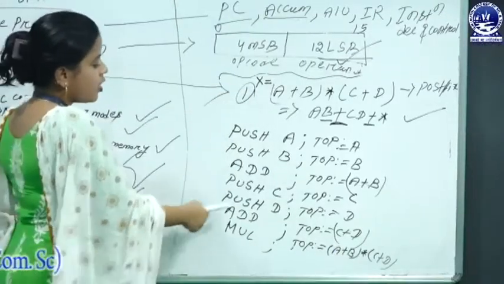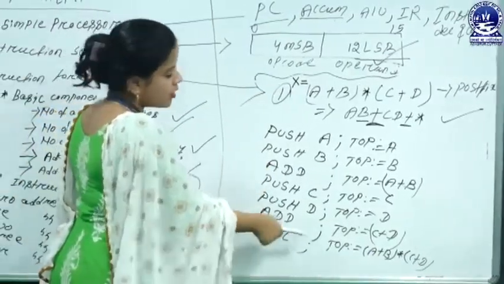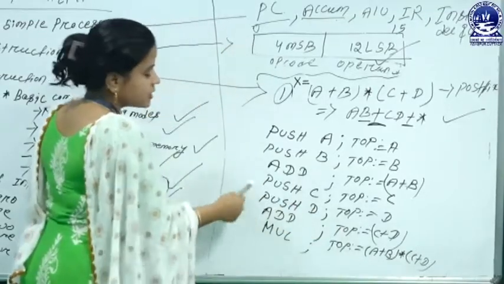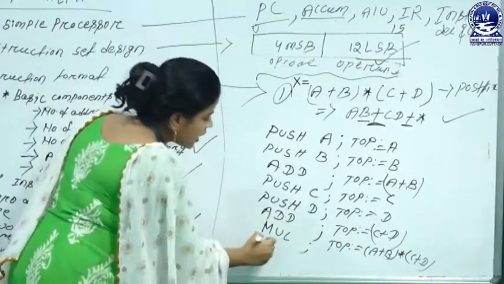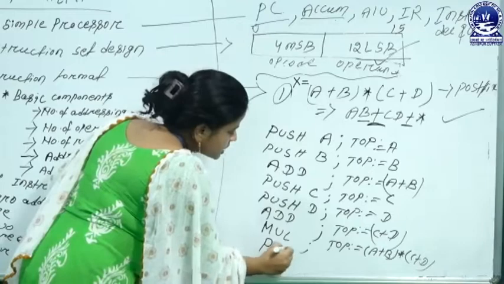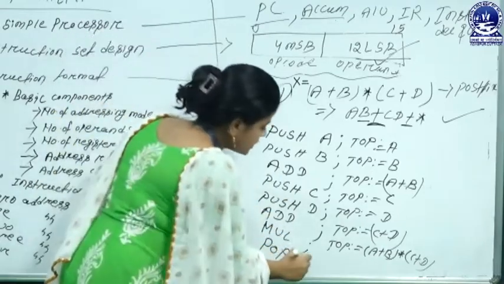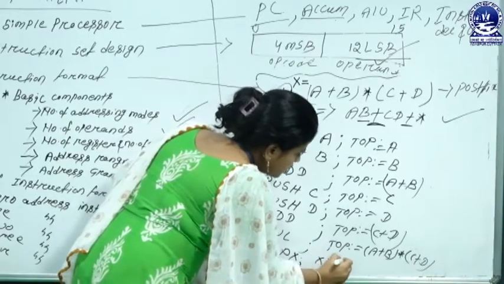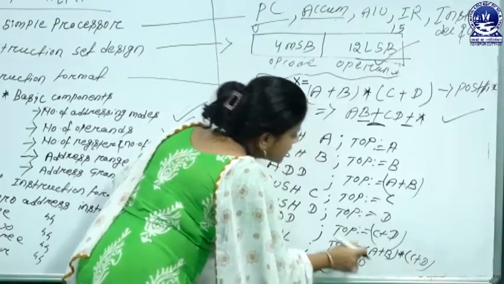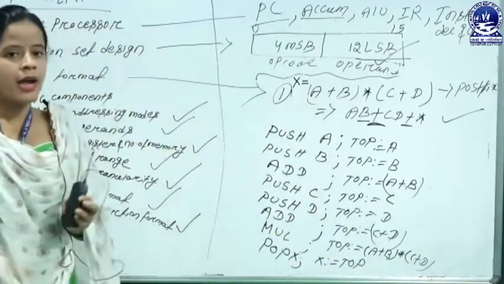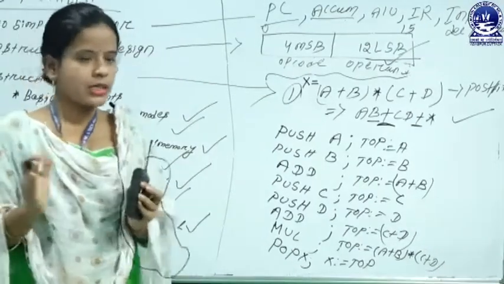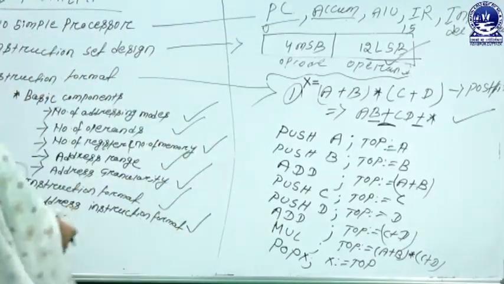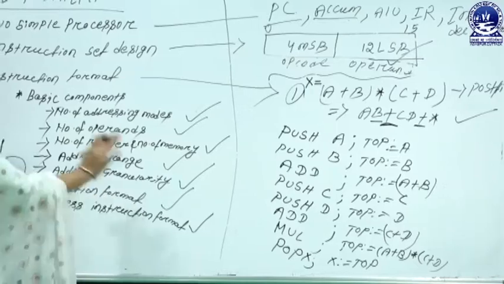That means now we have to pop out all the execution data, that means we have to delete it. So now writing another functionality, that's pop. That means pop X, that means X equals top. That means you view the resultant outcome and it is also eliminated automatically. That's the zero address instruction format manipulation.